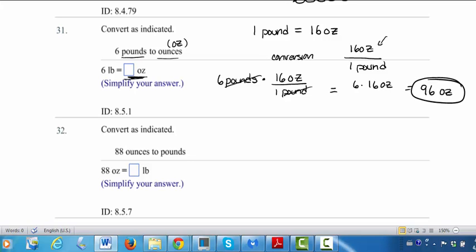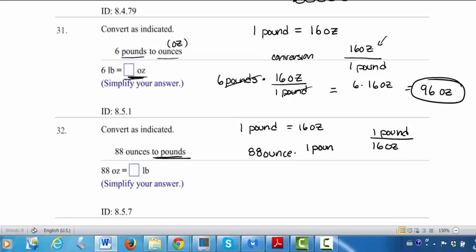Here I'm going from ounces to pounds. So again, I still use the same conversion: 1 pound equals 16 ounces. But this time I'm going to pounds, so my pound goes in the numerator: 1 pound over 16 ounces. So if I take 88 ounces and I multiply it by 1 pound over 16 ounces, this is like 88 over 1. So my ounces will cancel, and I have 88